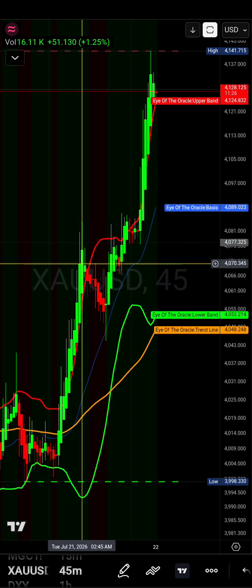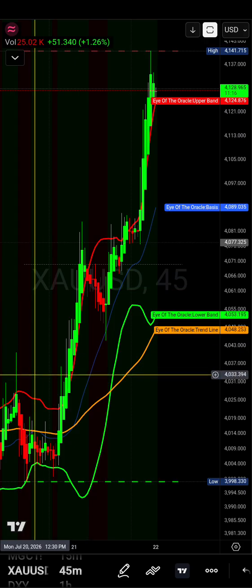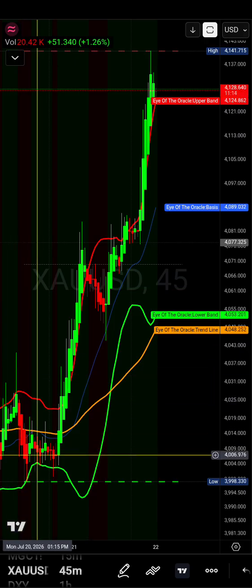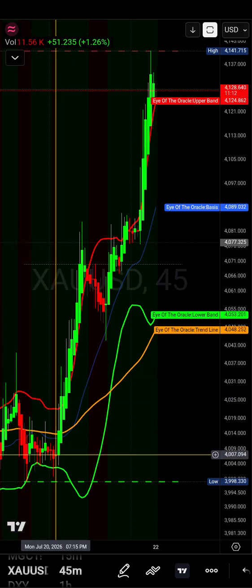I do have other indicators set to teach you these things, but we'll just focus on the basics today, because again, we're doing this on our phones. We're doing this at home, at awkward times of the day. If you look at this trade down here, price was selling, came outside of the bands. This was Monday, July 20th at 7:15 p.m. This is for all you people that can't trade the 8 a.m. to 11. I'll definitely show you one of those trades as well. But for now, let's just focus on Monday, July 20th, 7:15 p.m.